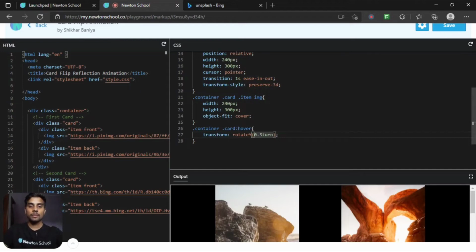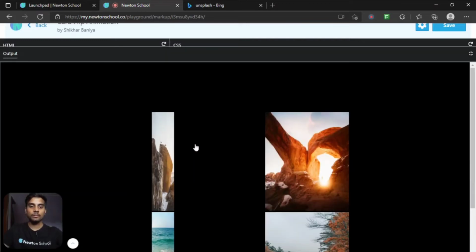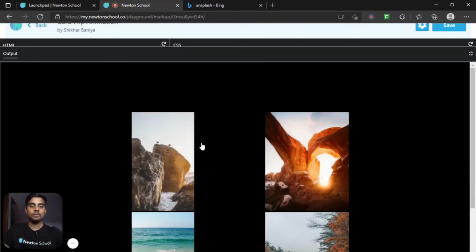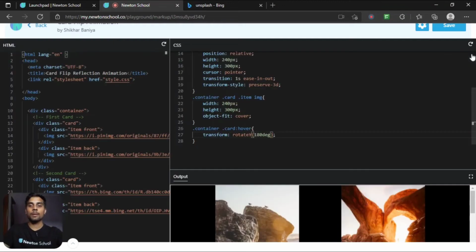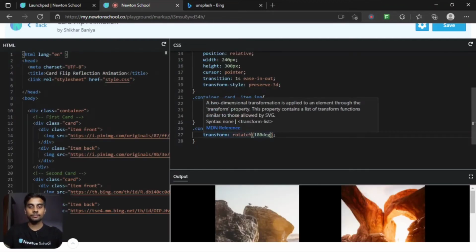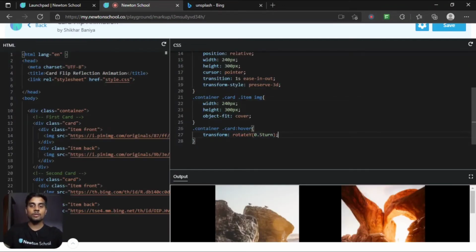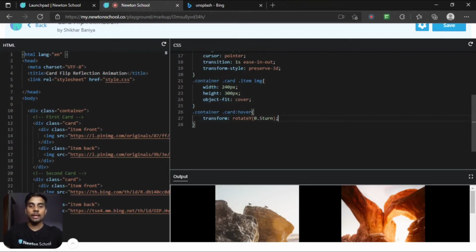Okay, in the same way, if I provide 180 degree, the same thing will happen. So it doesn't matter whether you pass a degree or turn. Since turn is always preferable for imagination as well, that's why we write turn here.